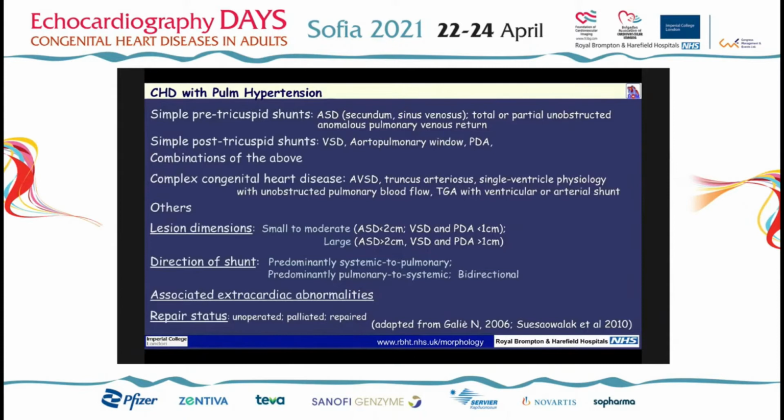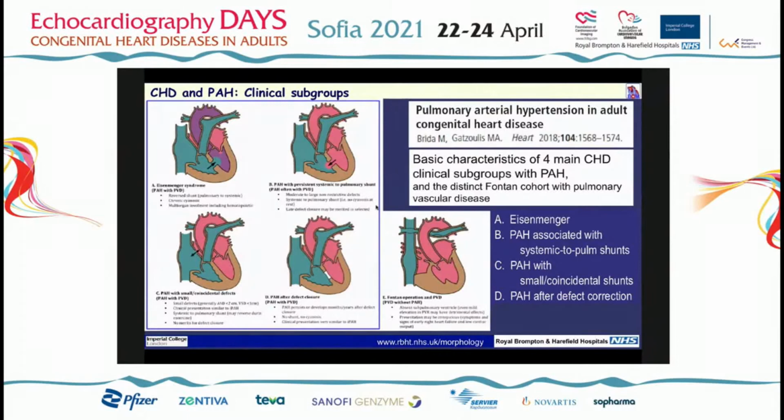There are various classifications in this group of lesions. You can see on this slide, which is very, very busy, this particular type of classification talks about simple pre-tricuspid shunts, simple post-tricuspid shunts, combinations of the above, complex congenital heart malformations, and various others. Then they also looked at lesion dimensions, small to moderate, or large, which is more than 2 centimeters in diameter. The direction of the shunt is predominantly systemic to pulmonary, predominantly pulmonary to systemic, or even bidirectional. Then there are associated extracardiac abnormalities and, of course, in adult patients, not to forget the repair status. But for the purpose of this talk, I will adopt this nice diagram from a very elegant review article